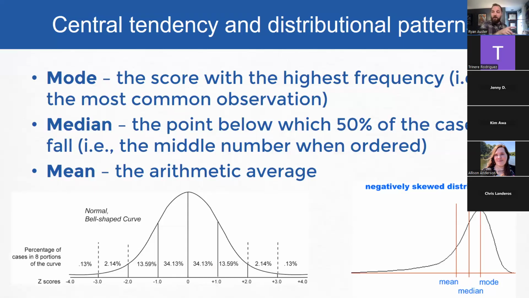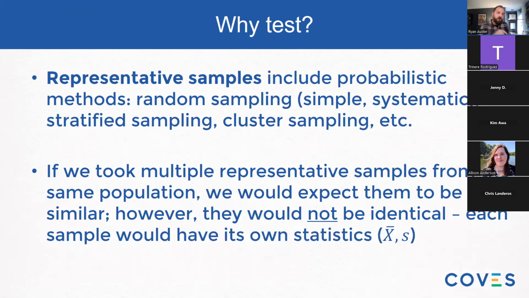That is more typical of any of the distributional patterns you will find in your COVES dataset, where the mode is the highest measure of central tendency, the mean is pulled lowest by that tail end, that negatively skewed aspect of the distribution, and the median, still being the thing in the middle, is in between the mean and the mode. So that will come into play when we talk about parametric and non-parametric testing.